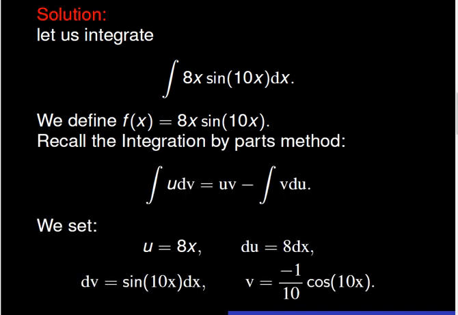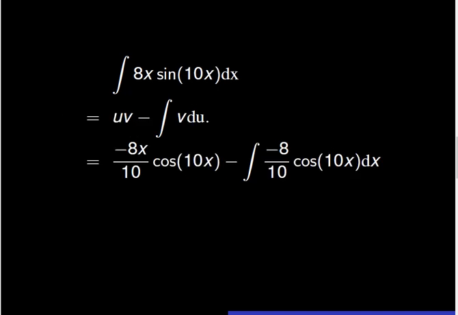Let us recall the integration by parts method. The integral of u dv is equal to u times v, minus the integral of v du. In sum, we set u equal to 8x, and du equals 8 dx. And dv equals sine of 10x dx, and v equals the fraction minus 1 over 10 times cosine of 10x. Therefore, the integral of 8x times sine of 10x dx is equal to uv minus the integral of